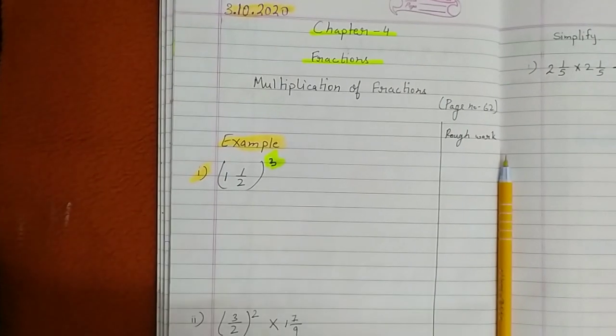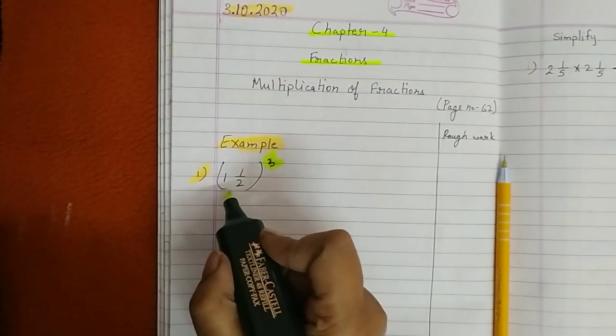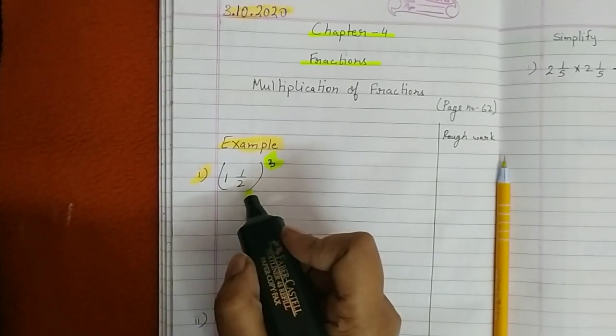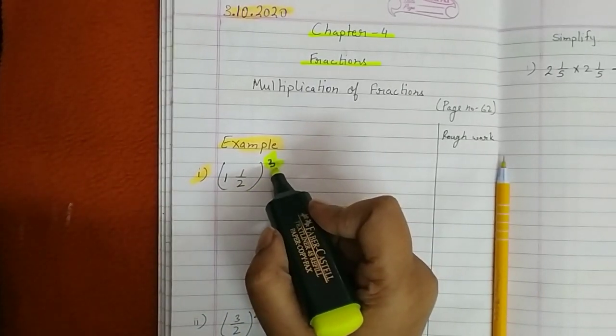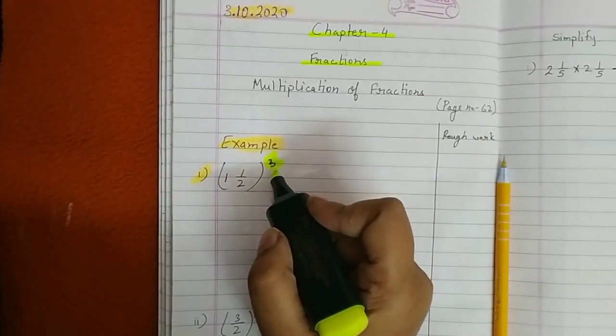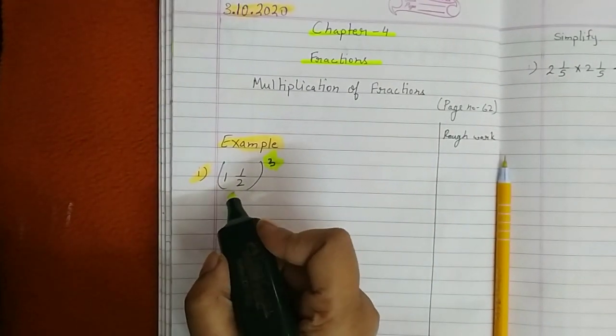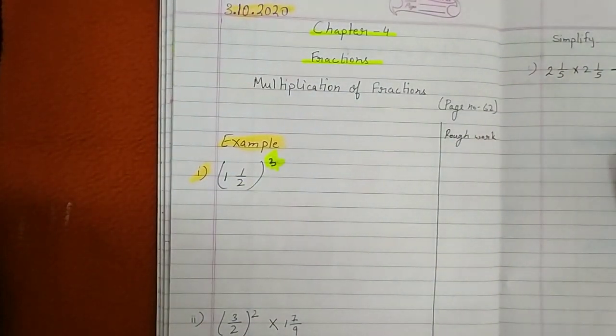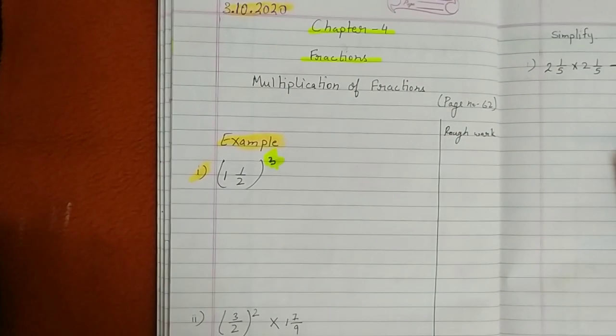I'm repeating again, children. We can see here 1 whole 1 upon 2 in the small bracket, and here you can see raised to the power 3. This 3 means we are going to repeat this given fraction 3 times. Just to make you clear,